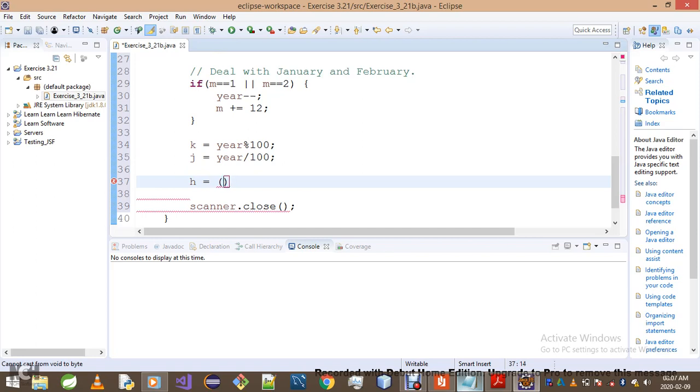Okay, it's simply q plus 26, or perhaps I should remove these because I might be confusing you guys. Let me remove this as well. It's going to be q plus 26 multiplied by